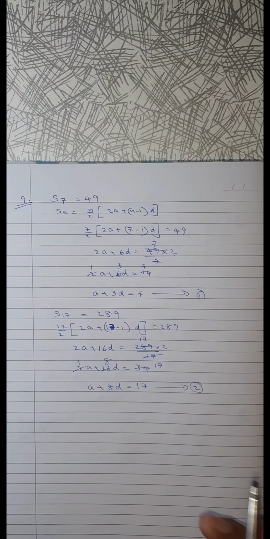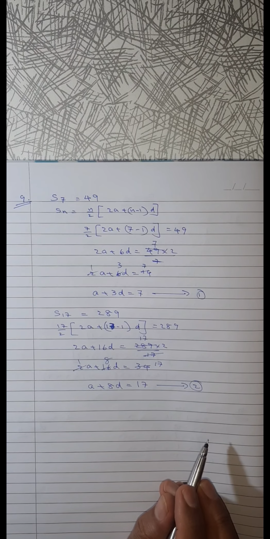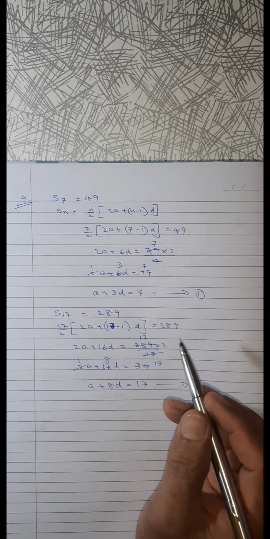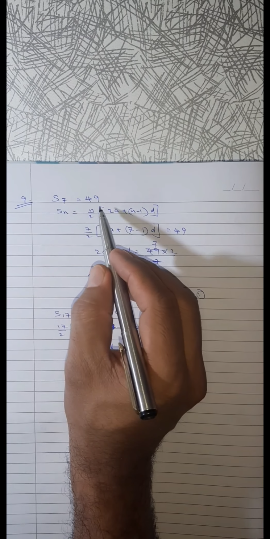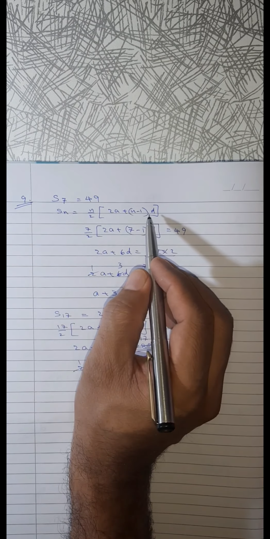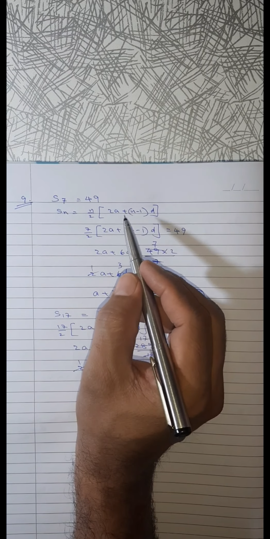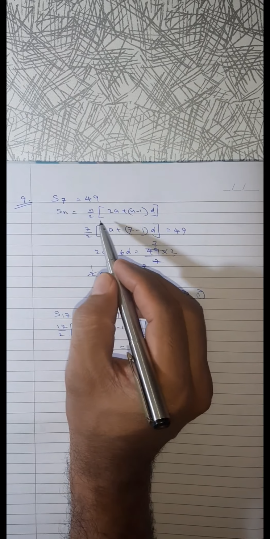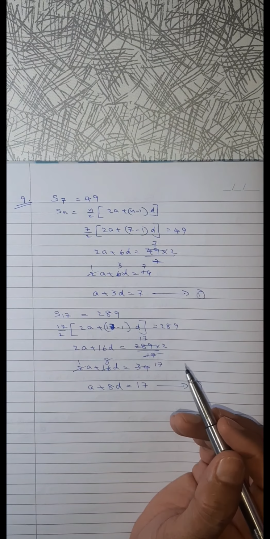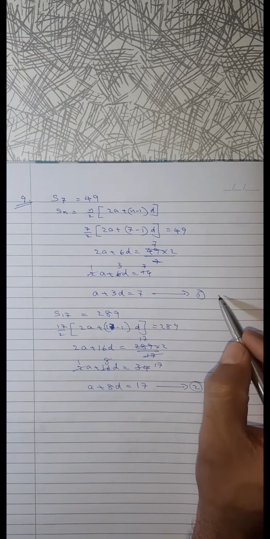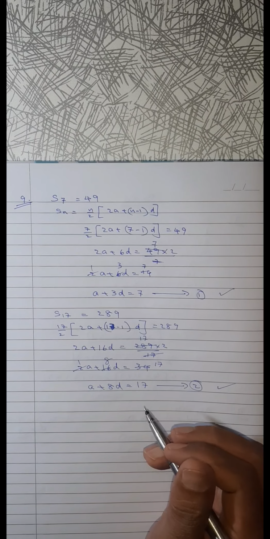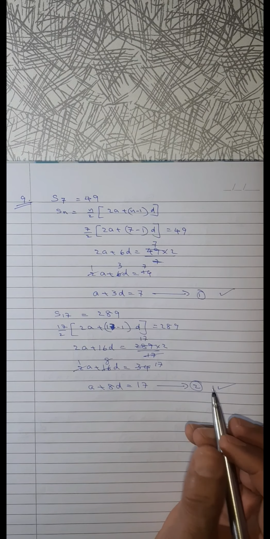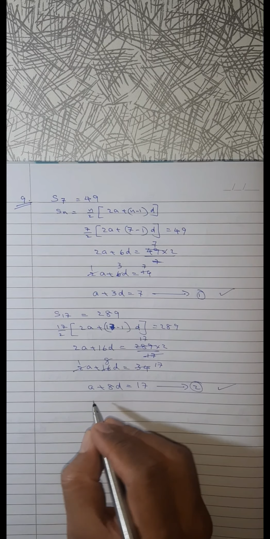So we have two equations, linear equations in two variables, simply we can do. This is exactly like when a7 and a17 are given. a7 given means 7th term given. But instead of giving the 7th term, the sum of 7 terms is given. Sum of 7 terms means Sn formula. Sum of 17 terms, so Sn formula. Anyway, we are getting two equations which we know how to solve. We can solve and get a and d. After getting a and d, find the sum of n terms. Sum of n terms means nth term, general term. I will show you anyway.